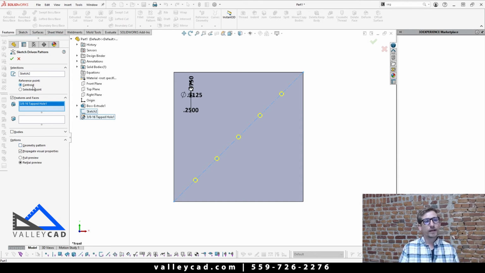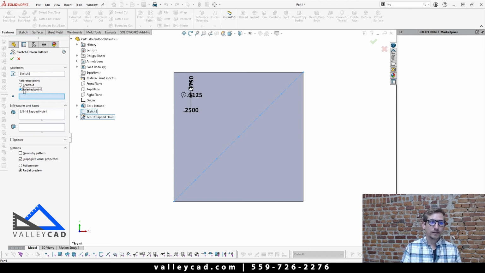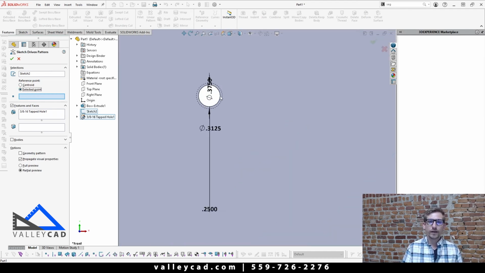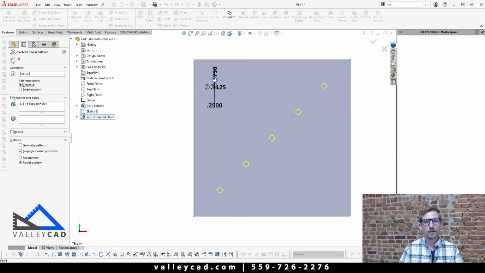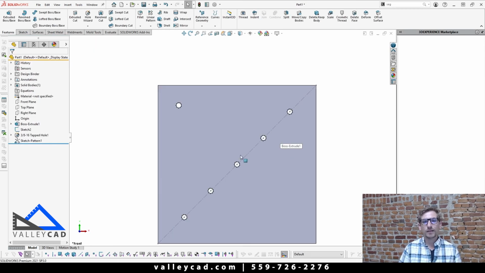But the other thing I want to look at here is under your reference point. Right now it's set up as centroid. What that'll do is find the center of that feature and drop it in that given location. If you had a unique shape that you were working with, you can say selected point, and then what SOLIDWORKS will ask you to do is click on a point and utilize that point to locate that feature or body or component. So in this scenario, I'm going to say centroid,